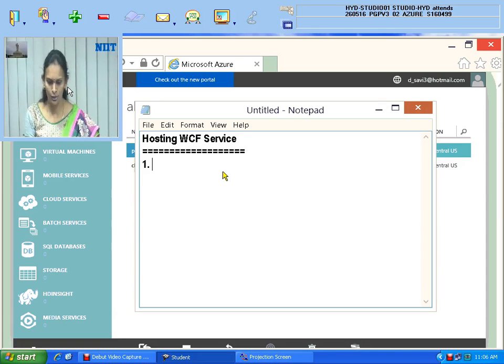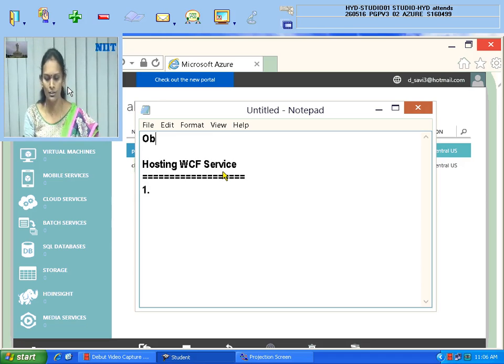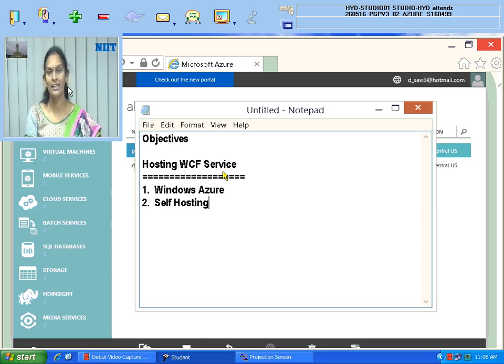In today's objectives, what we are going to see is hosting a WCF service in Windows Azure. The first one is how you can host it in Windows Azure. And coming to the second one, there is another one, that is self-hosting. So these are the 2 topics we are seeing for hosting, and later exception handling in WCF.